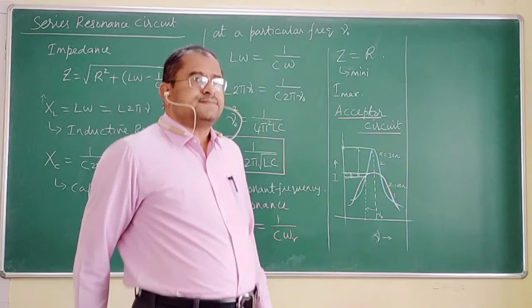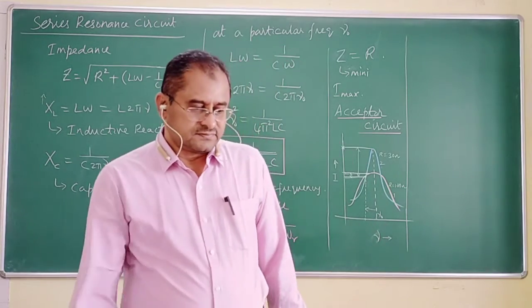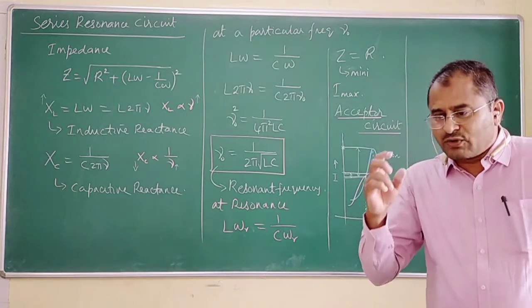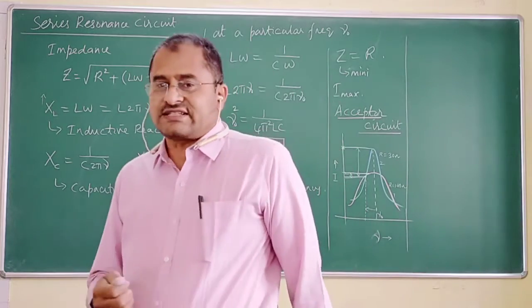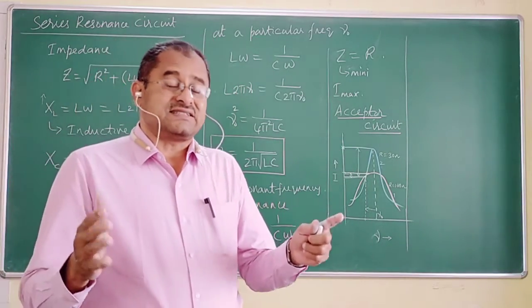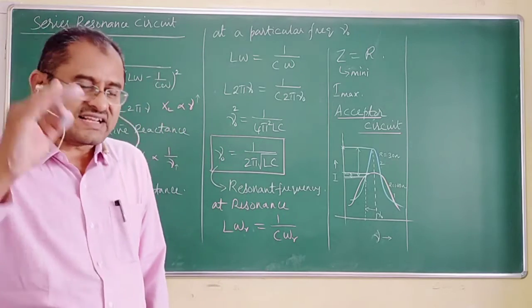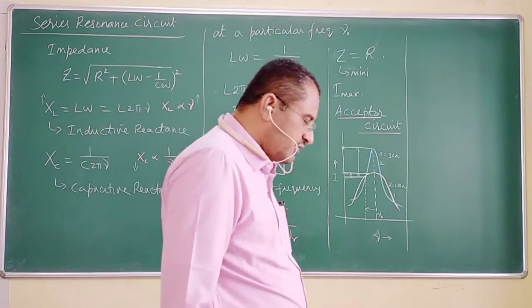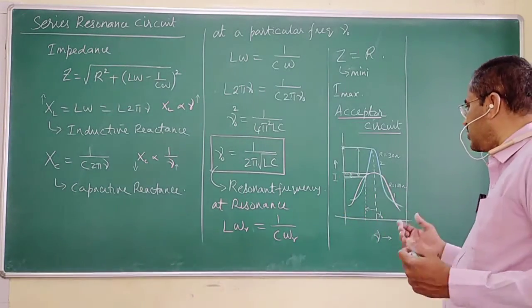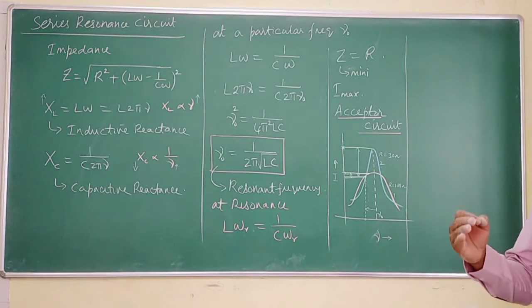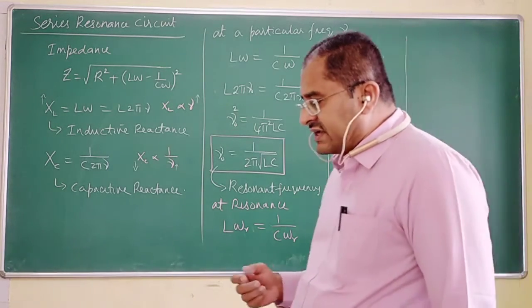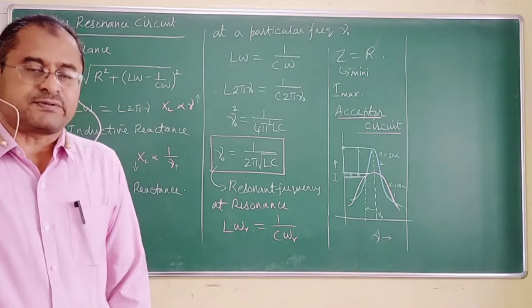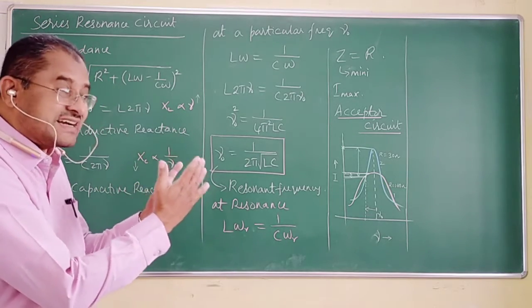So when can I say resonance is sharp? I would say resonance is sharp when, for a small variation from the resonant frequency, the variation in the current is large. From the values of R, for curve 1, I have taken R as 100 ohms. For curve 2, I have taken R as 30 ohms. And I find if the value of R is small, the resonance is sharp. This is what I have explained graphically.